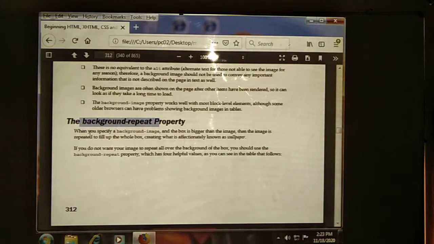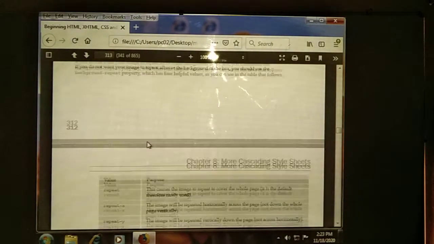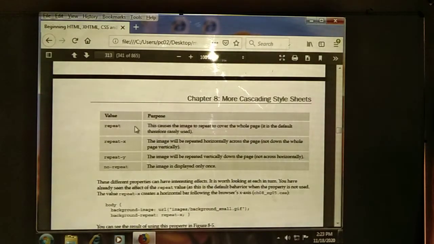In the background-repeat property, when you specify the background image and the box is bigger than the image, the image will be repeated until it fills the whole box, means it should be repeatedly staying. For that we need to set these values. For the image repeat property, we are going to use the repeat value.